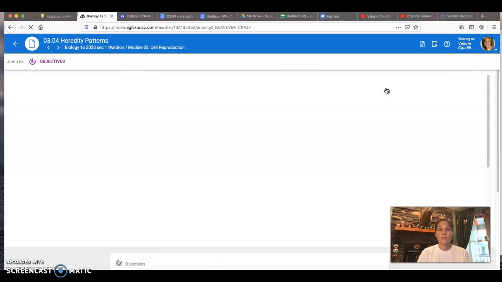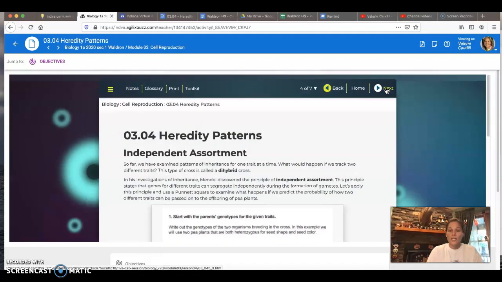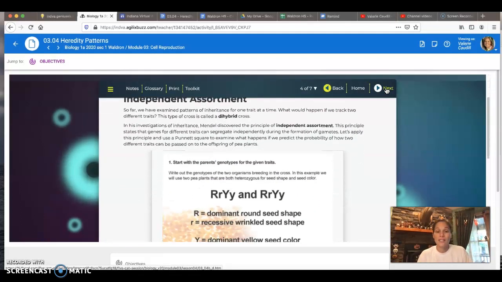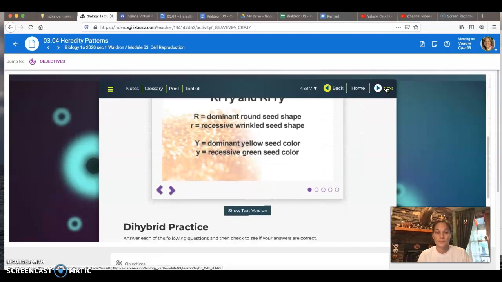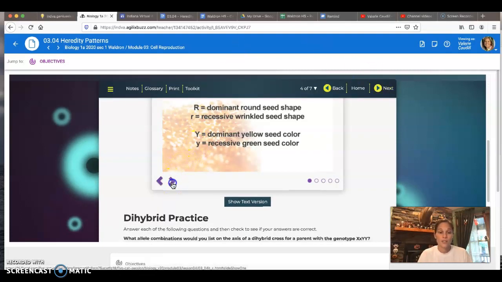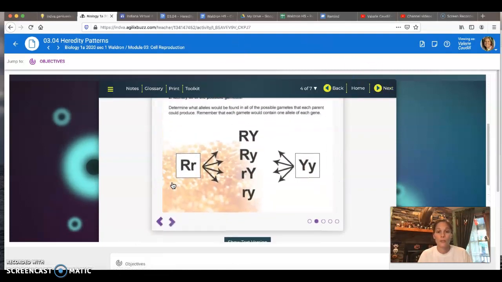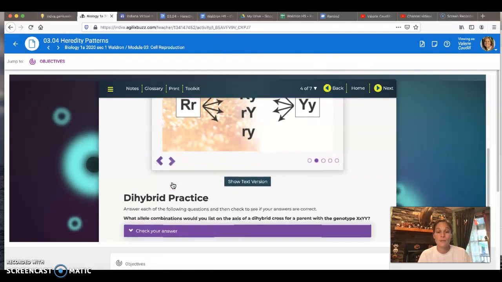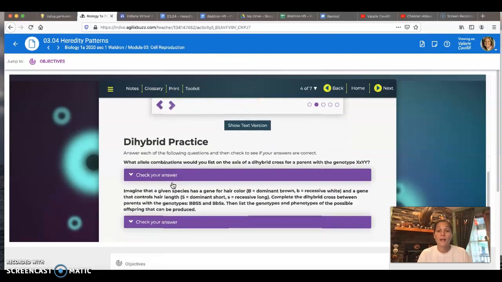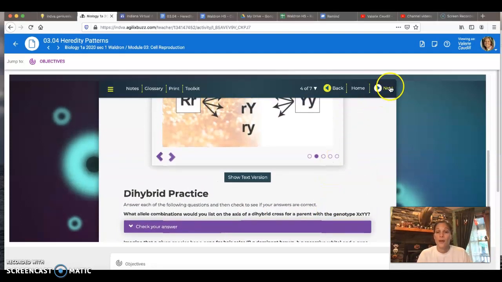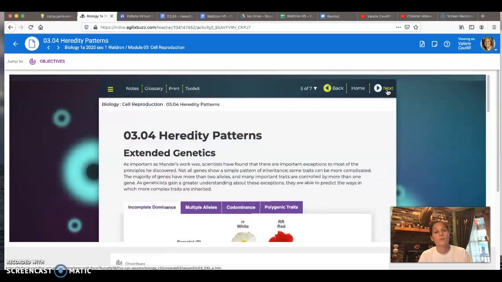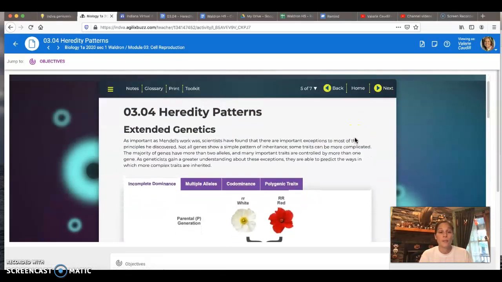Okay, when you're done with that, continue on to the next slide, slide 4, and you'll learn about the concept of independent assortment. You have some interactives here that you'll go through and document data and information on each of those. And then the lesson rolls into dihybrid practice. Okay, once you feel you have that down, go to slide 5, where you will be learning about extended genetics,